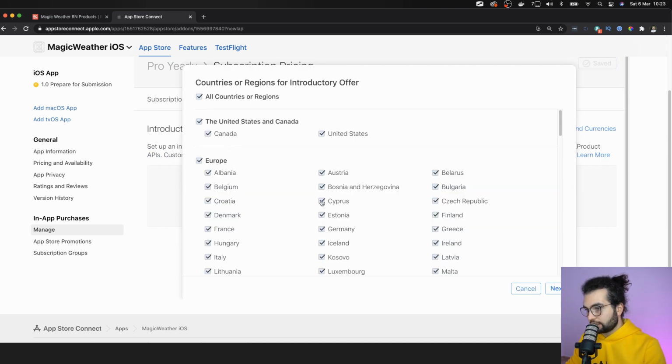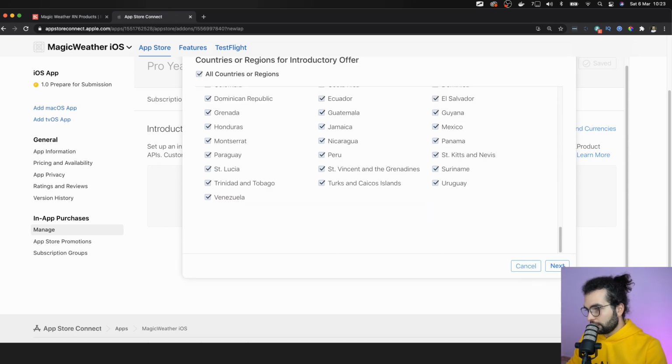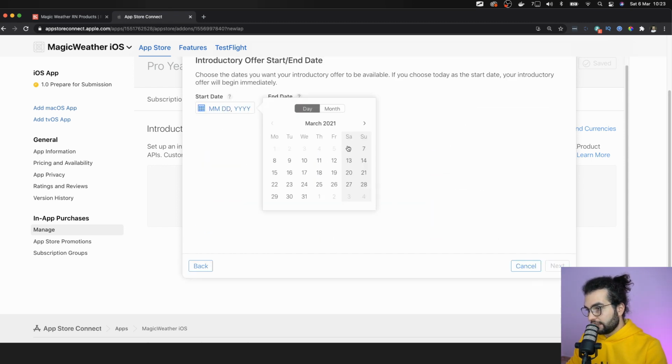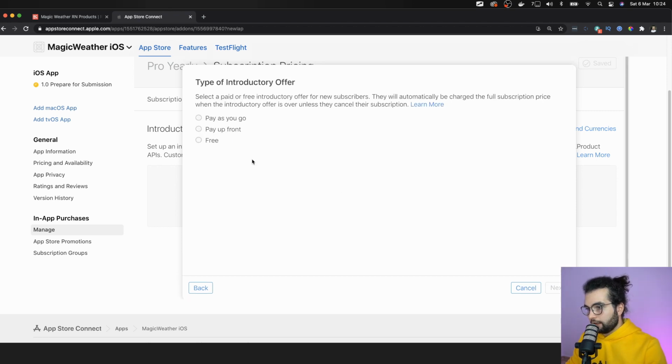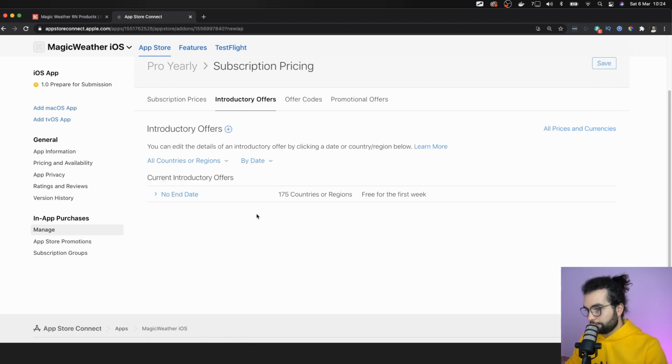Let's create a new introductory offer for all the countries. And for the start date, let's choose today's date. And for the end date, let's select no end date because we want it to be indefinite. Select a paid or free introductory offer. We want a free introductory offer of 1 week, and this will create a 1 week free trial for our subscription product. Let's again save the offer,